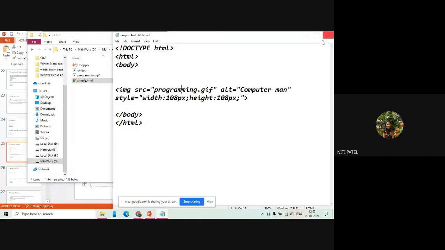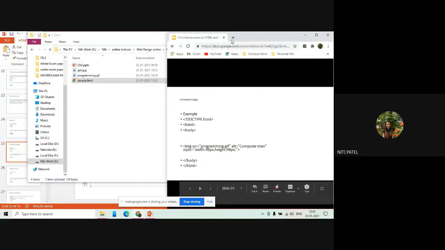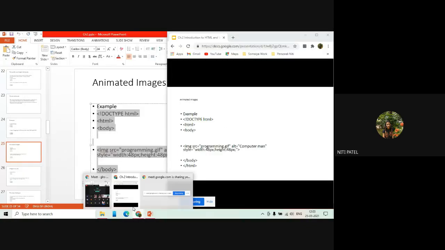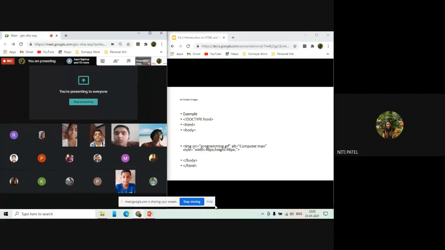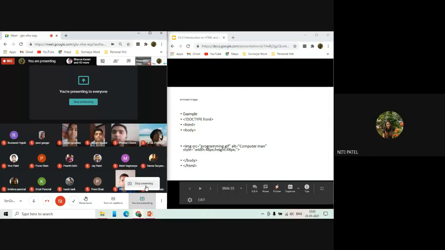So we have seen that if it is any kind of a GIF, such kind of a GIF can also be displayed on your web page. Clear? Okay, so let us move ahead now. Everything is understood up till here?